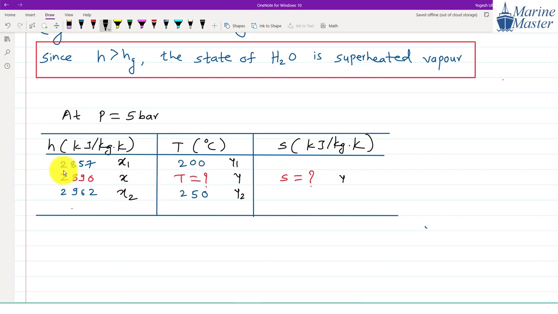If you do the interpolation with the help of these values, we will get the values of temperature. See, in the earlier question, with the help of temperature we got enthalpy and entropy, but here with the help of enthalpy we can get temperature and entropy. Very simple discussion, not that difficult. And we need entropy also, so we will write down the entropy values here. For 2857, the corresponding value of entropy